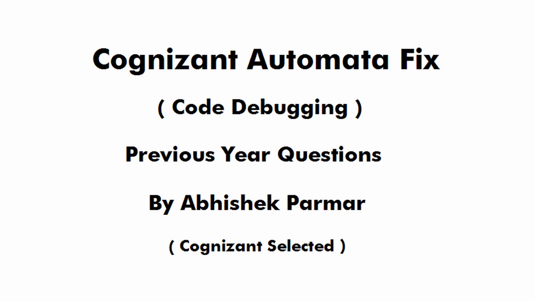So according to the previous year pattern, there were 7 questions which you have to solve in 20 minutes. In this round, basically you will have to spot an error. The error may be a syntax error or a logical error. You will have to find that error and debug the code, and after that you will have to recompile and submit. On an average you will have 2.5 minutes to solve one question. So please be prepared for this round.